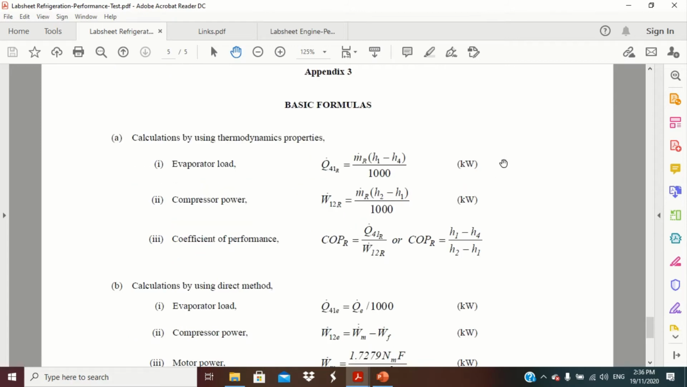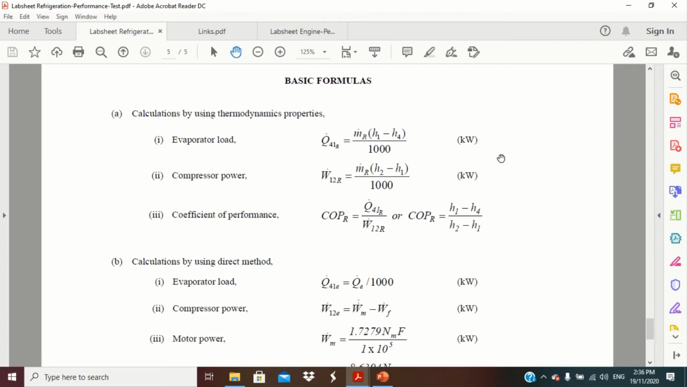The first method, using the H values, we need to find H1, H2, H3, and H4. As I said, H4 is equal to H3. To find H values, you need the pressure and temperature. So you can use steam table, property table. You can use graph for refrigerant R134A, or the easiest way is to use